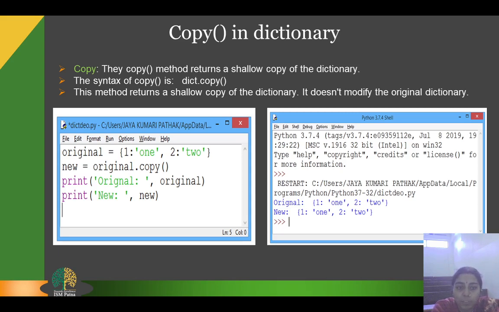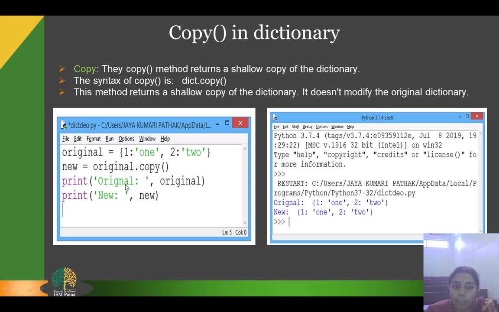As you can see in the example, I have taken two dictionaries. First is original with two elements, 1 and 2. And I have used the copy function to copy the original dictionary into new. So new equals original.copy.